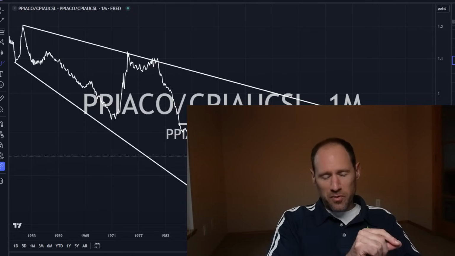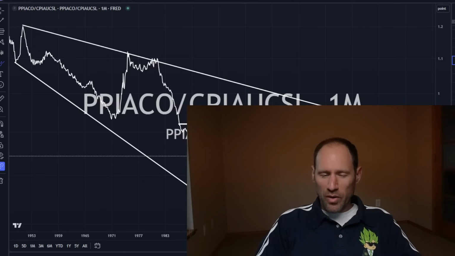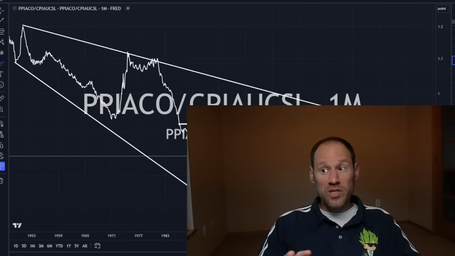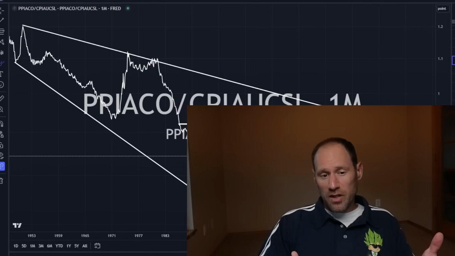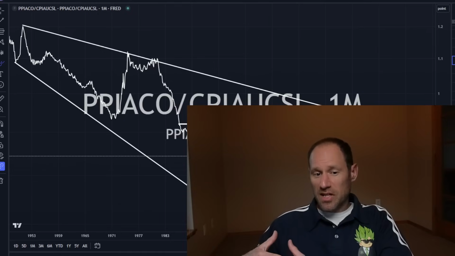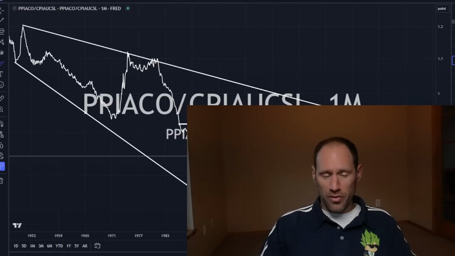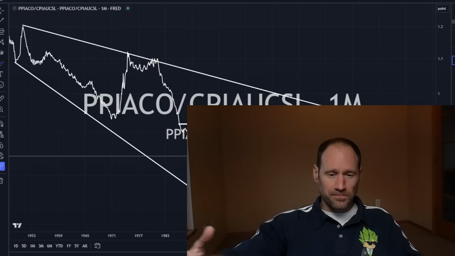Every single one of those times beforehand, the 2-year and 10-year dropped before those slowdowns in the market. We don't have a 2 and a 10-year dropping yet. It's not there yet. Which means, could we still go higher? Are we going to get a recession? Is the recession behind us? Has it not come yet? I don't know those answers. That's what we're going to have to wait and see and look at the data.